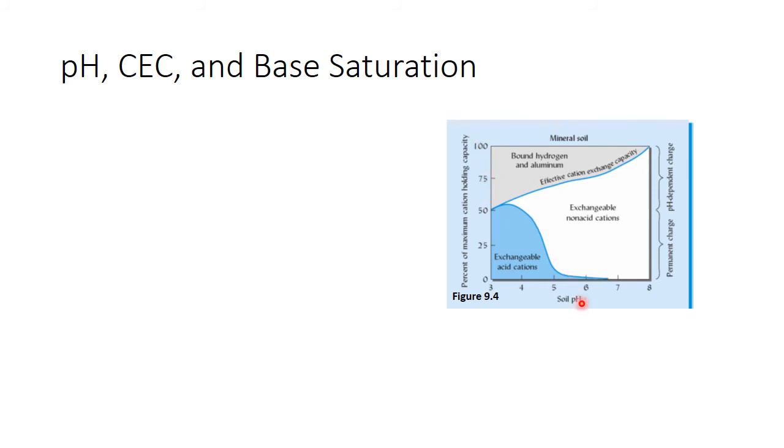And then on the x-axis, we have soil pH, going from 3 to a pH of 8. And then the colors here are just showing what percentage of the CEC is being filled with what type of material, or what type of cations. So the analogy that I use for this,